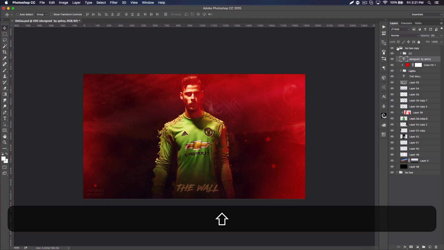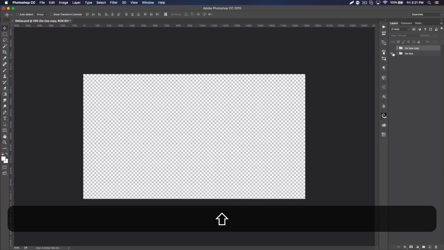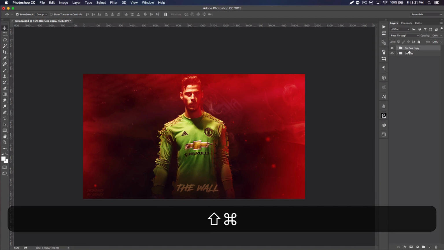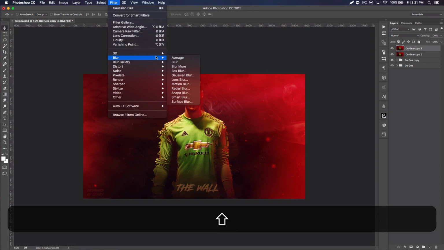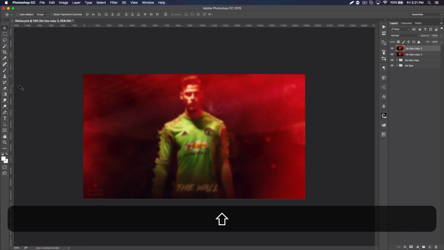But for the final touches, when you're finally finishing up, I actually don't think this has any of the final touches. This is like the standard. So to do the final touches, I know I keep rambling, we're going to duplicate this whole folder. So Command J, Command E to merge it all, Command J to duplicate it again, Filter, Blur, Gaussian Blur, somewhere in between 5 and 8 probably. Let's try 6. I think that'll work. You want to do a blur, click OK, get the eraser